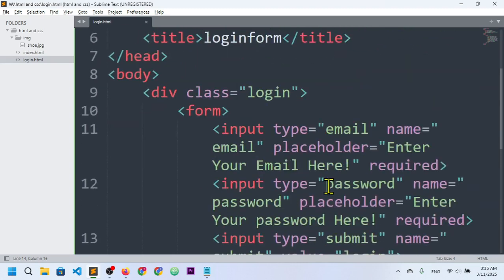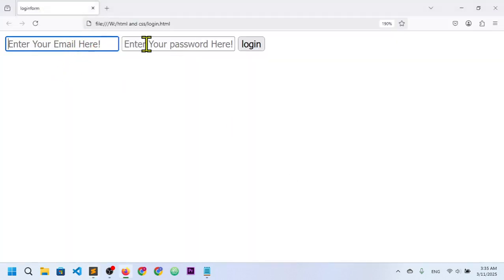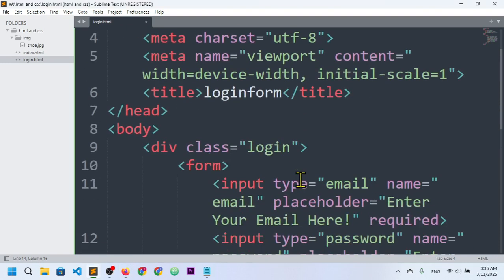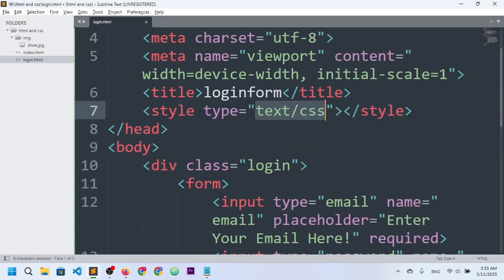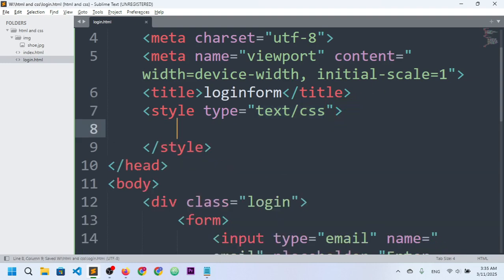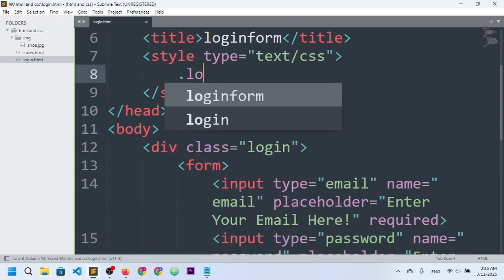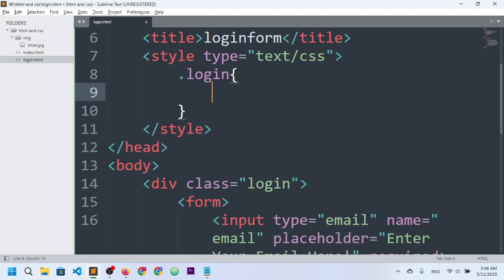Okay, so here you can see they are side by side. So I want to set them column-wise. So I will go to the head section, and I want to write style here, because I want to do style for the page and for the website. So here I want to access the login class, so I have to give a dot sign and then login, and then login input,